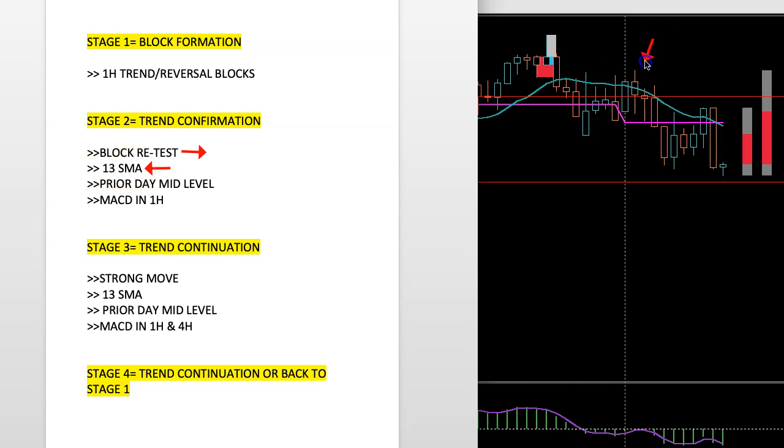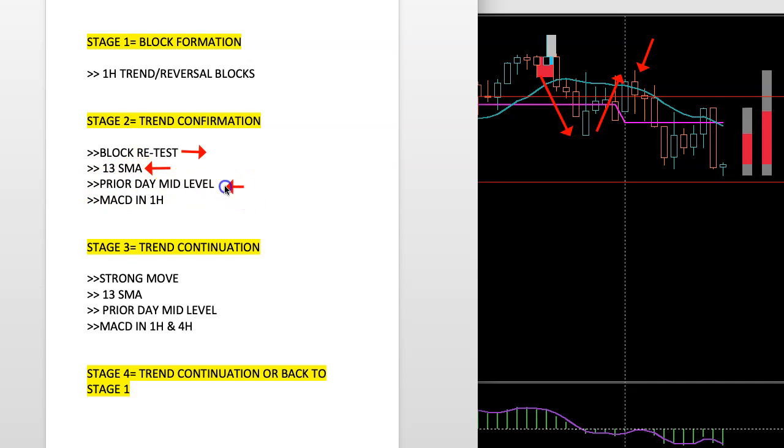So this right here, this is a great plus, right? We have the block that happened on stage 1 or day 1. We wait for a retracement. So on the next day, which will be today, we are looking for a candle to close below the 13 simple moving average,